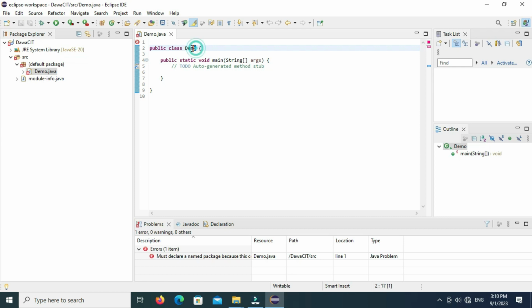Okay, here I have given the name of the class demo. Look at here, this class has been kept in public. You know, public is an access modifier. We will discuss this topic later. For now it was kept public so that it can be accessed from outside.